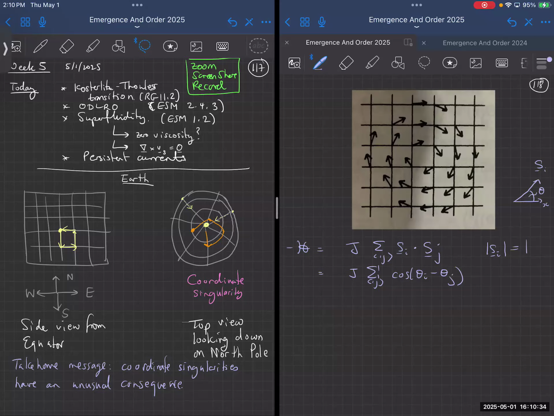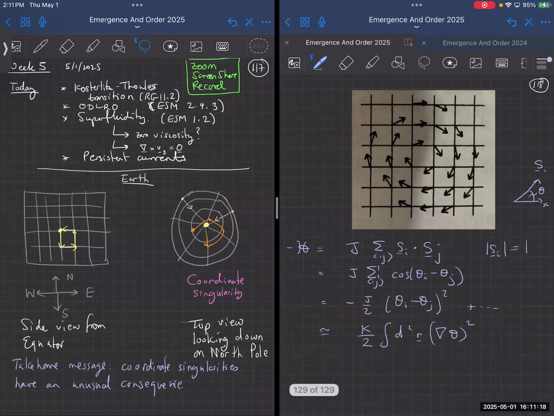And if we assume that the spins are varying slowly over space, then I can do a Taylor expansion. So I can think of cosine theta as basically a constant, minus J over 2 (theta_i minus theta_j) squared, plus higher order terms. And so basically what I can end up doing is writing this essentially as some constant K, which is basically like J, but with some lattice spacing thrown in, and then integral d2r of grad theta squared.